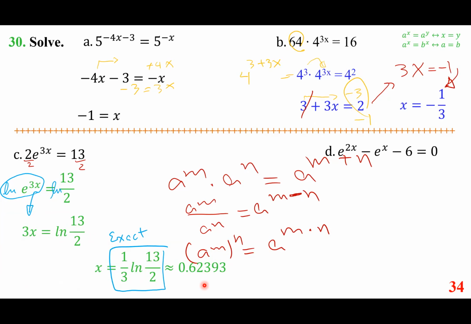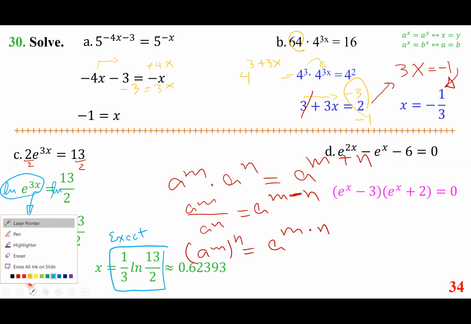We want to solve this. We can factor this such that we want 2 numbers, the product is -6, the sum is -1. And this is about factoring. Or if you can't see what we have done here, you can let